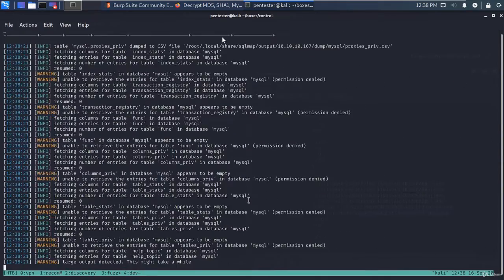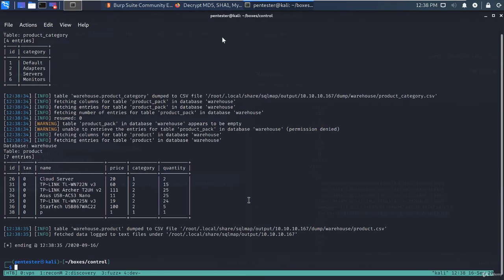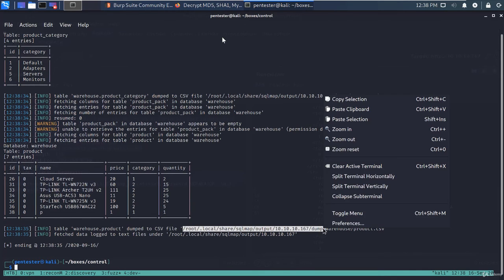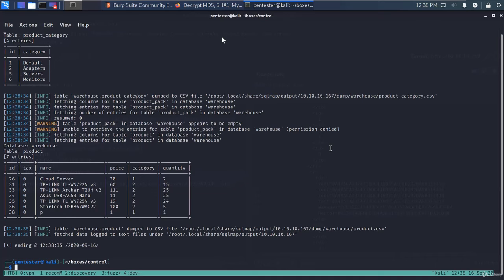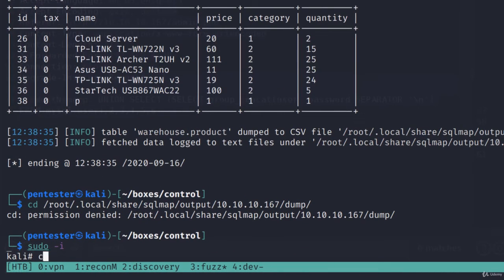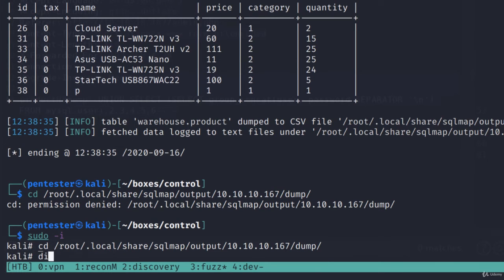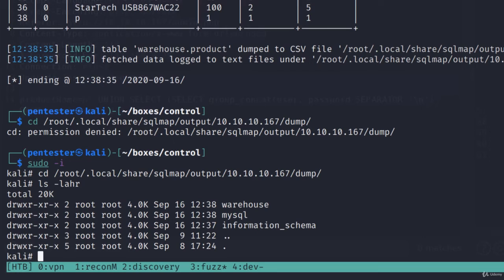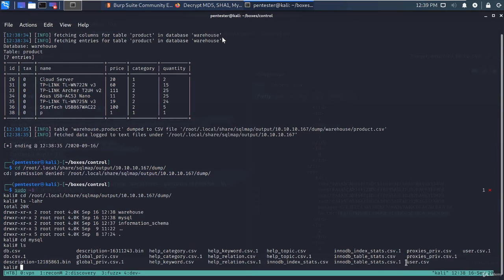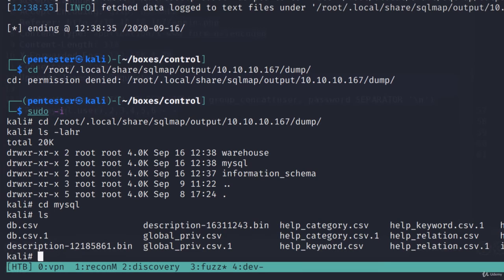See, it's storing everything in a CSV file here. So we're going to take a look at that once this finishes. All right, so let's grab this. Let's actually just go to this folder. Of course we can't, so we need to first turn into root. Go into MySQL, see a bunch of things, including user.csv. So we could open this if we do